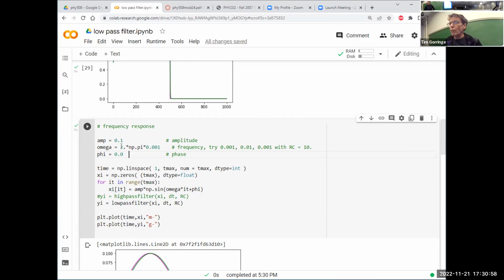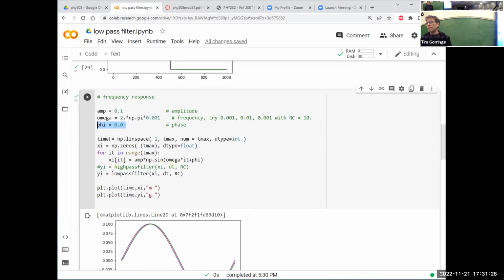So this time, when I create my input signal, I'm going to create it to explore the space with several different frequencies. So omega is going to be the frequency of my signal, the angular frequency of my signal, the number of radians per second. My signal has an amplitude, it has a phase too. I won't change those things. I'll just change the frequency. So I define omega,